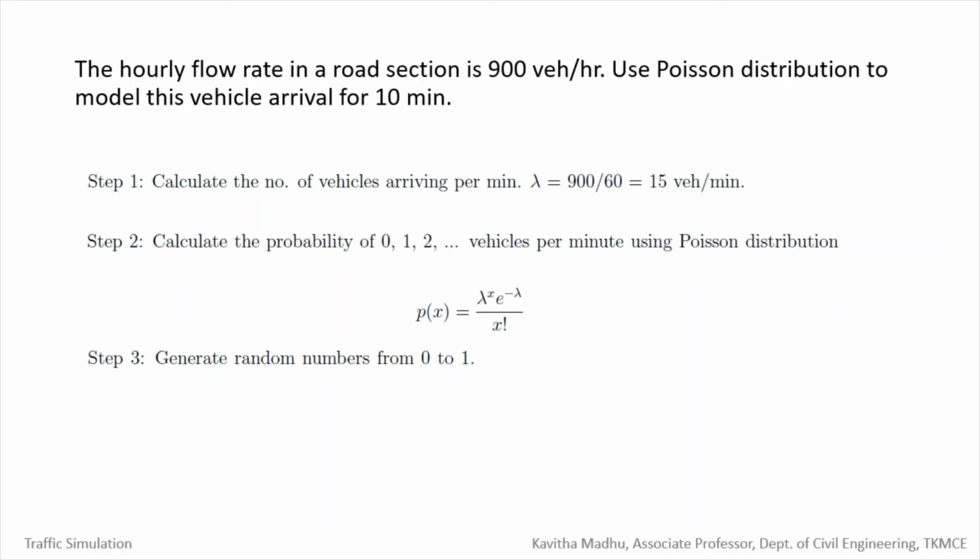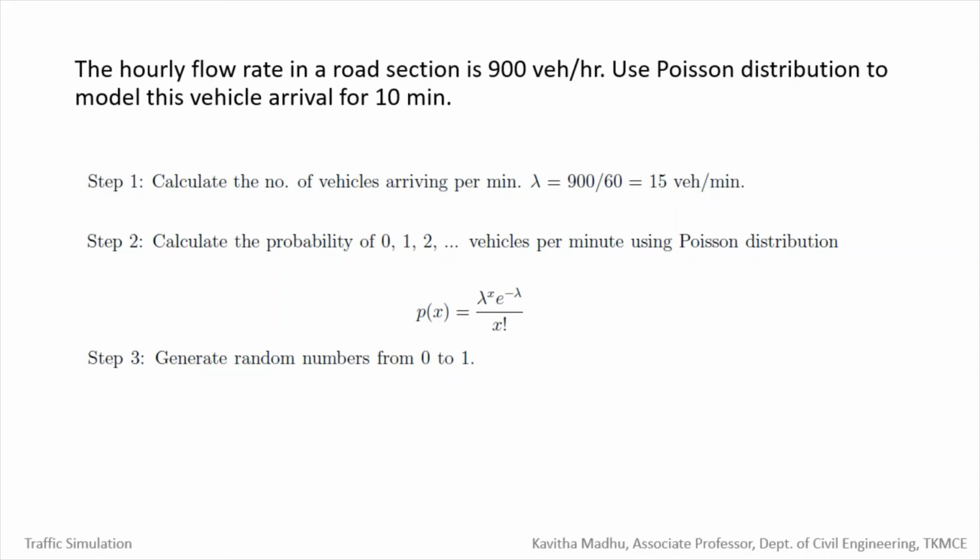But if you need, you can find lambda even for 1 second. Accordingly, we have to do the calculation. If it is for 1 second, we have to do that many iterations to take it to 10 minutes. If it is 1 minute, we can do 10 iterations and finally get that. So it's easier to get the number of vehicle arrivals per minute because the number of iterations will be less in that case. So you can find what is lambda,